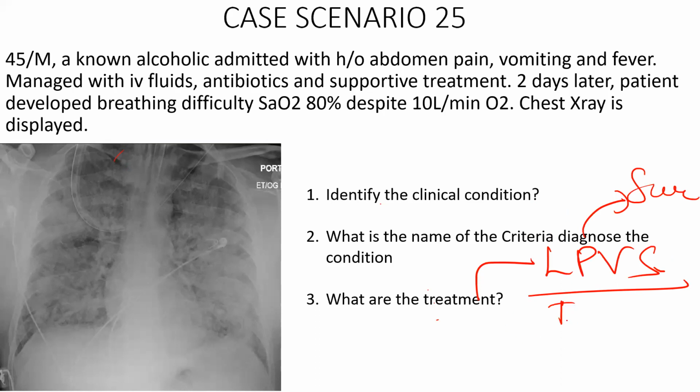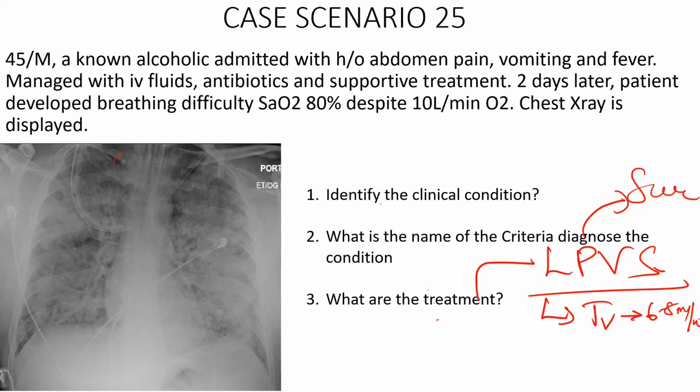Sir, proning position first. No, first tell the basic things. When it comes to lung protective ventilation, if you tell proning first, it might reflect very badly in your exam. What is lung protective ventilation? Low tidal volume ventilation, sir. When you say low tidal volume, be more precise. So 4 to 6 ml per kg. Got it. 6 to 8 ml per kg.